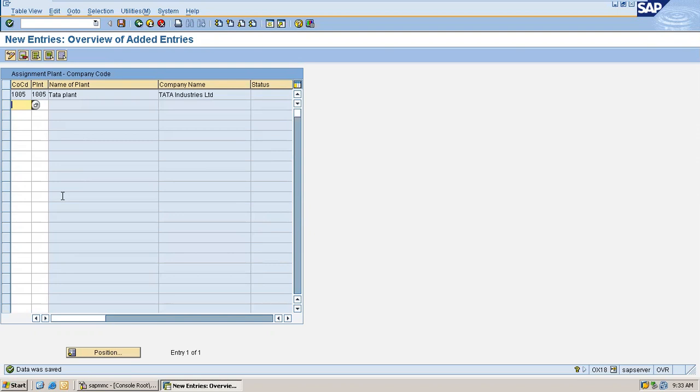I have a plant in Bangalore. I have a company code which belongs to India, and I have another company code which belongs to Sri Lanka. So when I assign a plant to the India company code, can I also assign it to the Sri Lanka company code? No, we cannot, because of the entries made